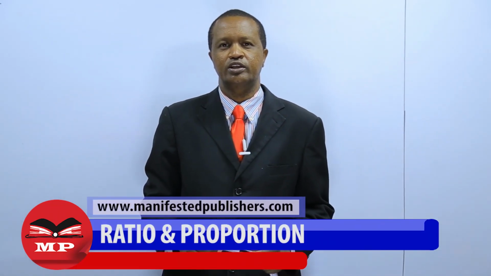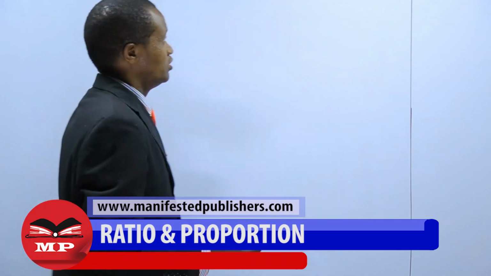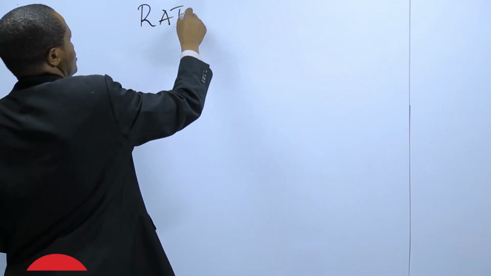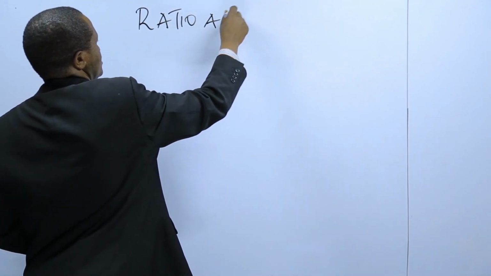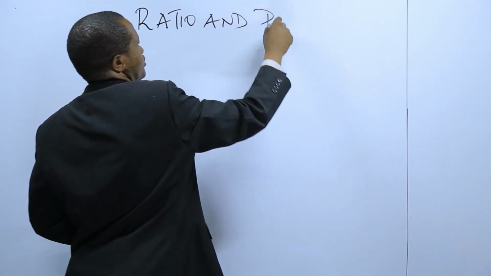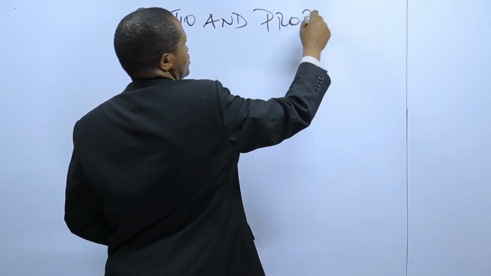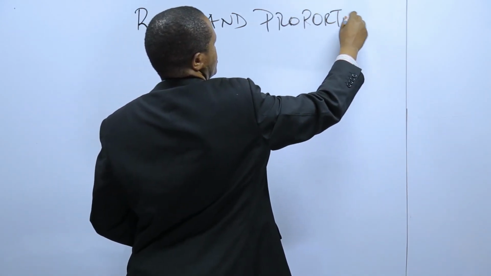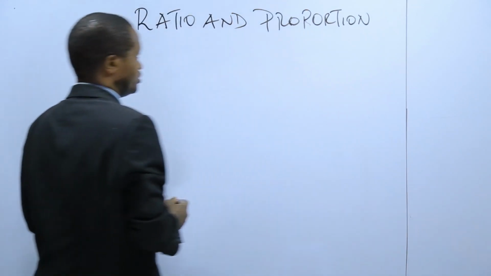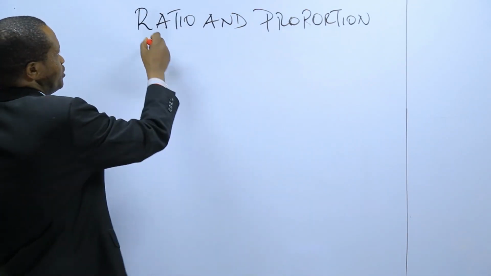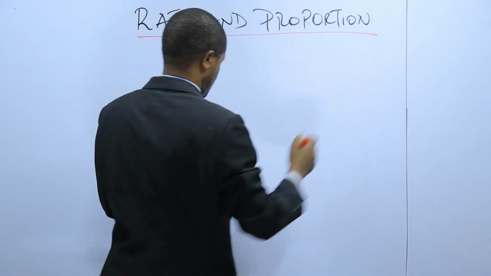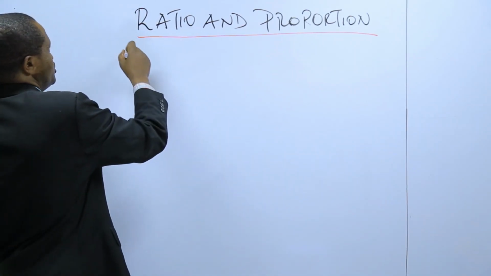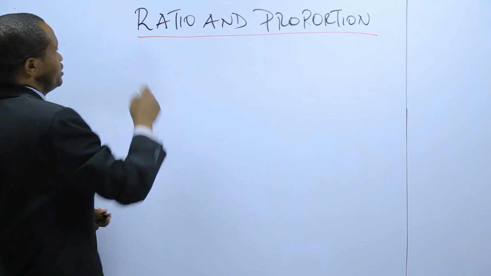We'll be introducing a new unit called ratio and proportion. By the end of this unit, you, the learner, should be able to